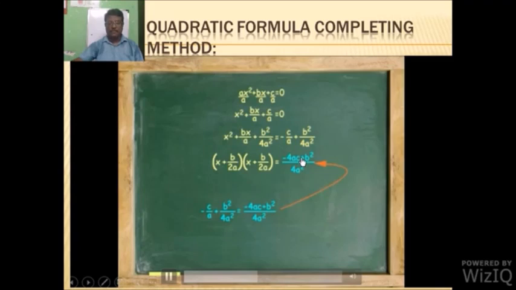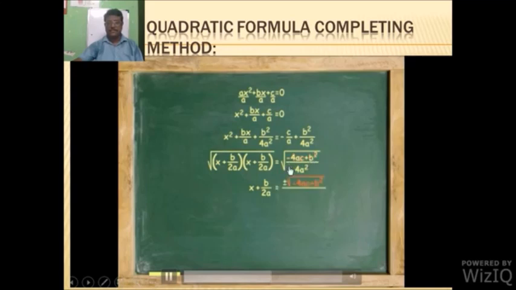Now this left side becomes a perfect square. We can take square root of this. So we get x plus b upon 2a, that is, the square comes out of this, and we take the right side. The orange color shows there is some change in the next steps. That is, under the root, plus or minus root b square minus 4ac, that will change. We change the order, upon 4a square. That root can be taken as 2a.